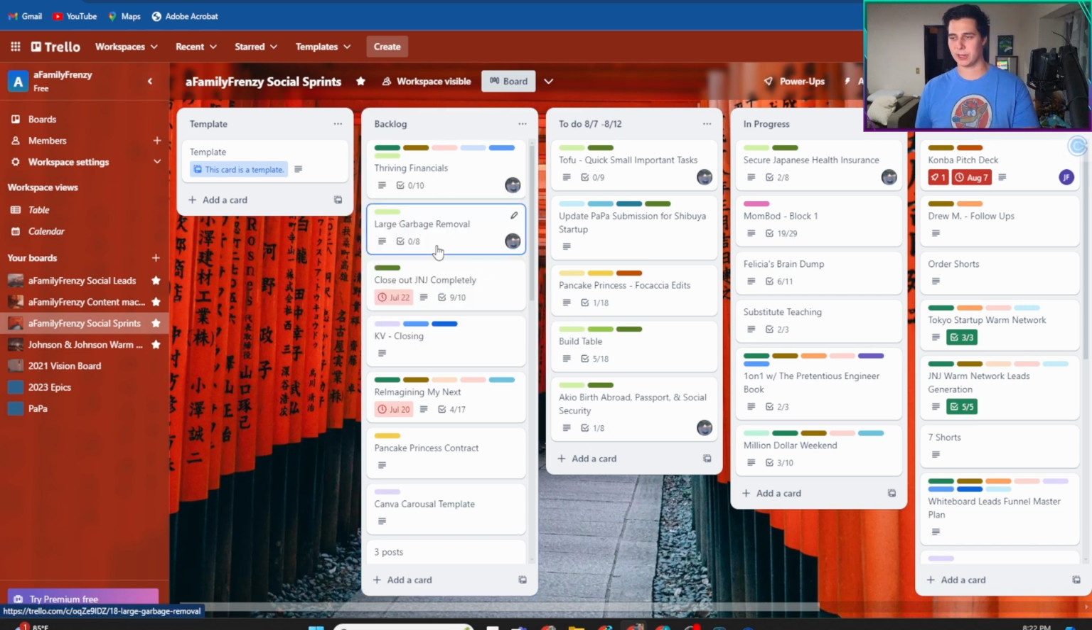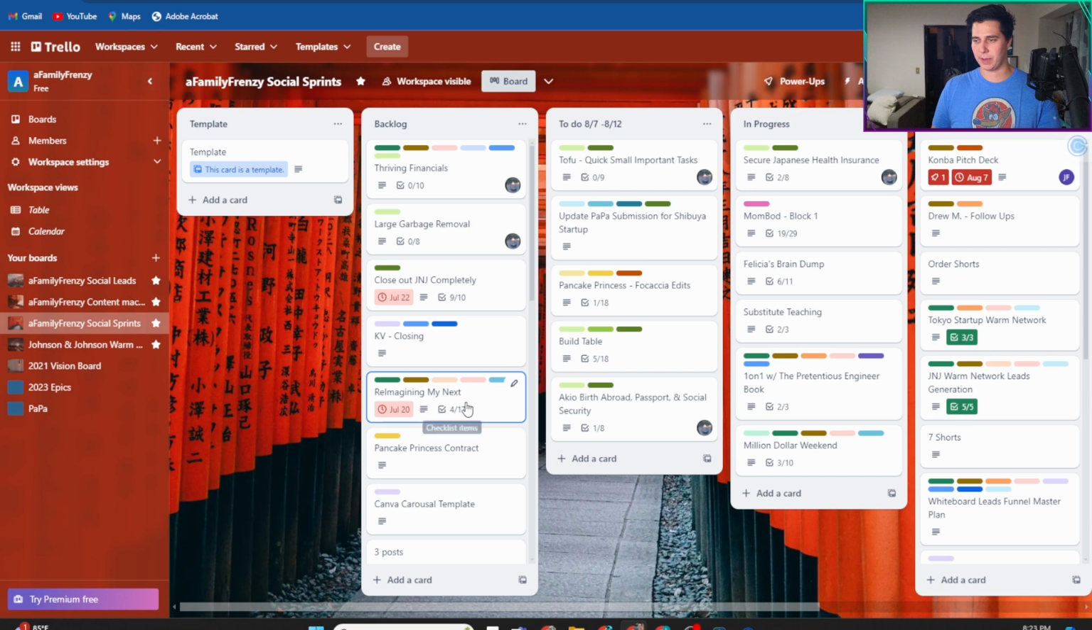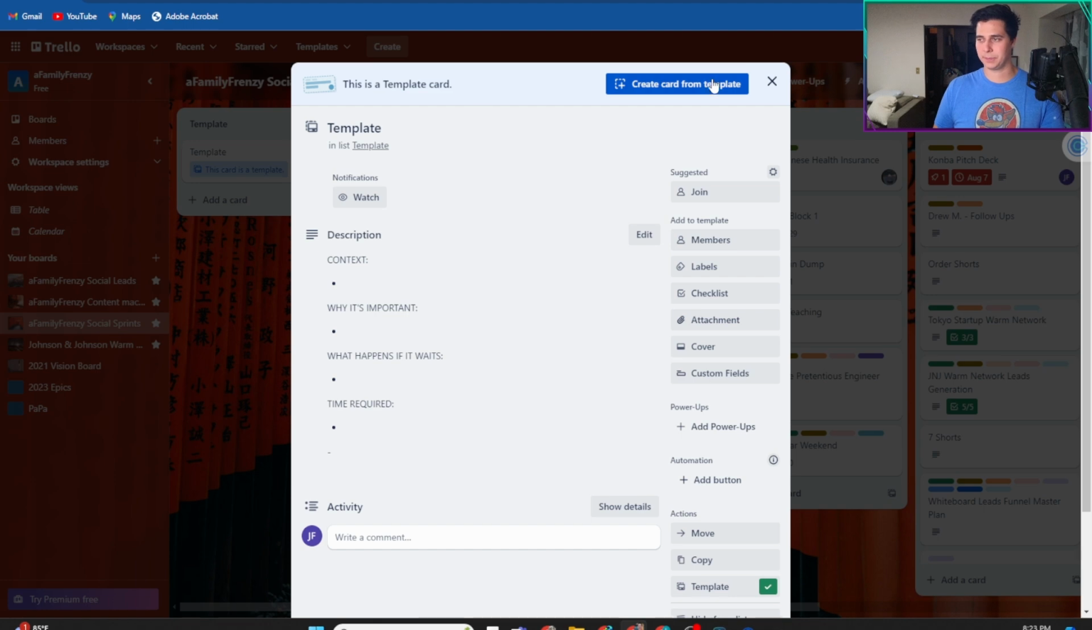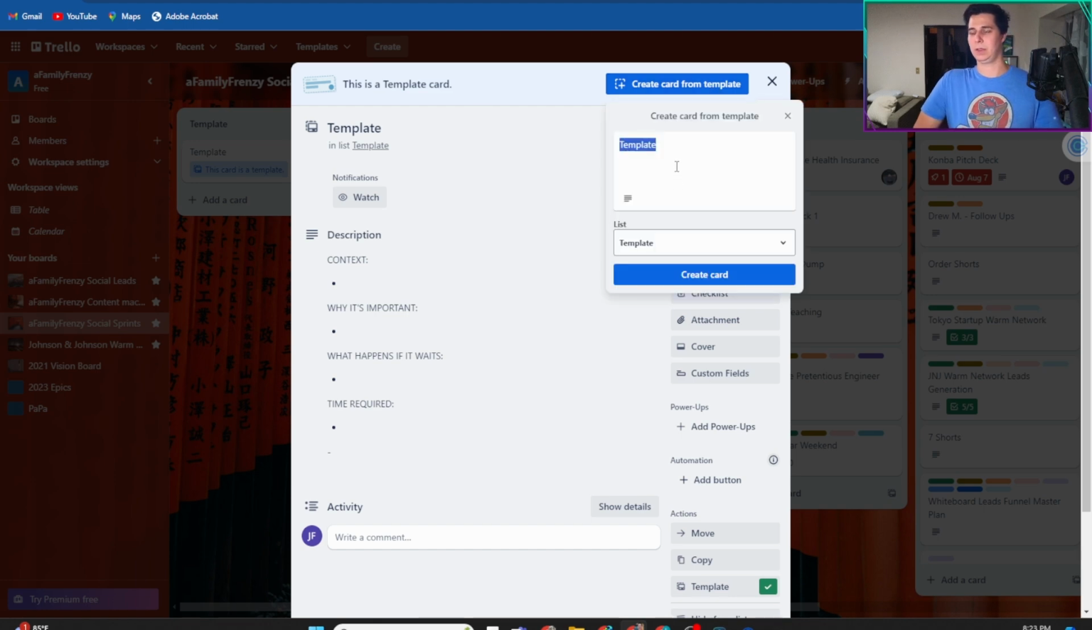All right, close out J&J's backlog. KV closing will not be a priority until next sprint. Reimagining my next is next sprint. Yep, because I can't do that step yet. But another task that I need to add is